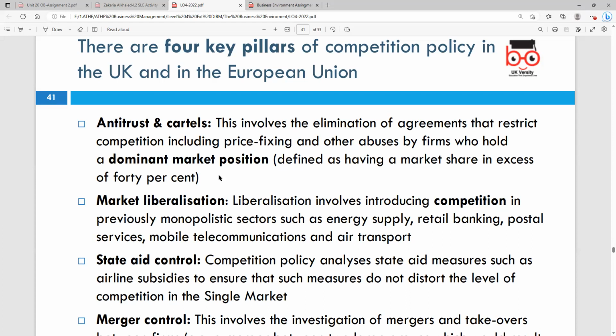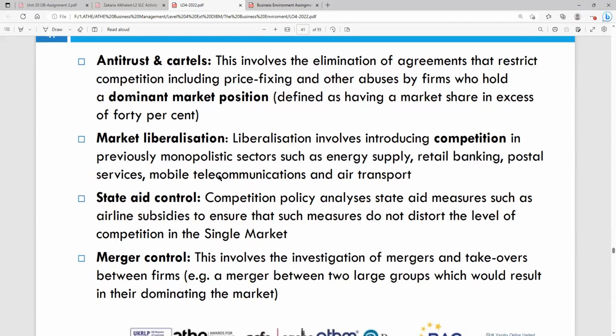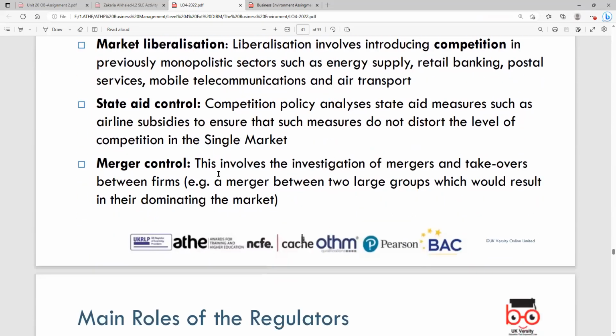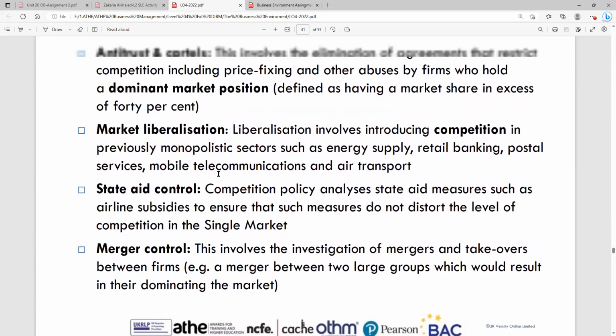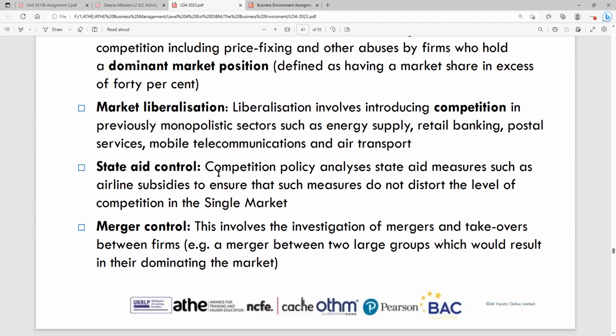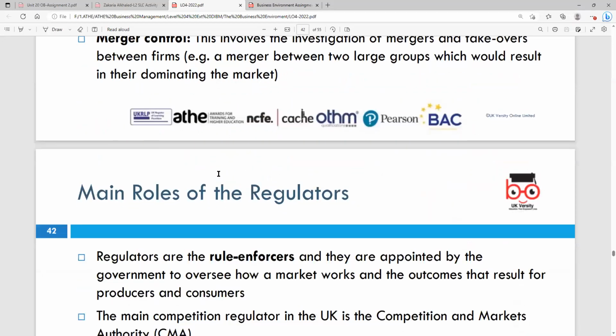Then you have state control on different types of mergers: how the government controls mergers, how the government controls market liberalization, and the mechanisms involved. There are regulators who control monopolies, and regulators who control competition. So there are a lot of mechanisms the government puts onto these entrepreneurial people, so that they don't abuse the system. Their main role